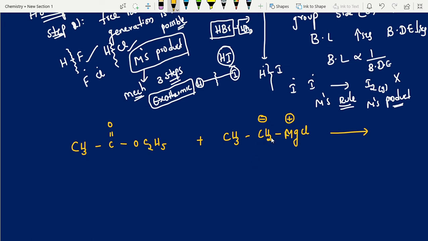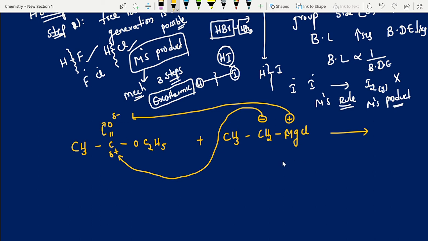Now, the Grignard reagent has two capabilities: one, it acts as a base, and one, it acts as a nucleophile, depending on the partner. Here the partner is a carbonyl group, so definitely it provides the electrophile. Compared to carbon, oxygen is more electronegative, so a partial negative charge develops on oxygen. The pi electrons shift towards the oxygen side, and a partial positive charge develops on carbon. Wherever the partial positive charge, the electrophile, is there, your nucleophile will go and attack. Wherever minus is there, plus will go and attack. That's all. Now write the output: CH3C(O minus MgCl).